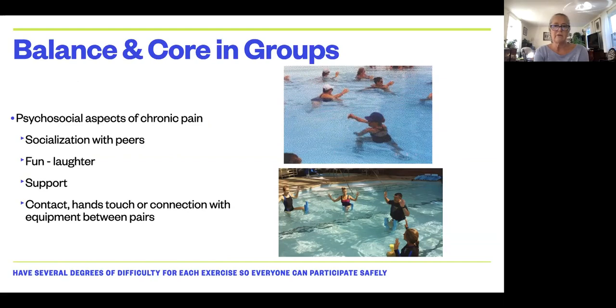Balance and core in groups. And now we're addressing some of the psychosocial aspects of people with chronic pain and neurologic mobility issues. And as I mentioned earlier, I've been doing lately a lot of group classes, or including people into my community programs that have more advanced Parkinson's and CVA, post-CVA, some mild hemiplegia,